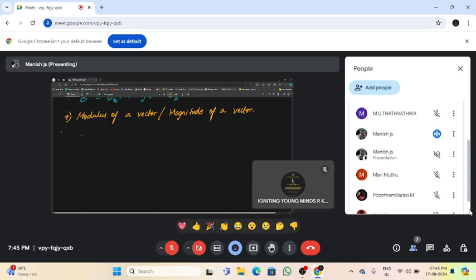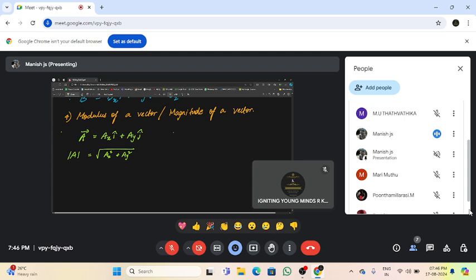Suppose the given vector is, say, I'm taking vector A itself. So if vector A is written as ax i plus ay j, then the modulus of the vector is written by putting two parallel lines and putting A in between. This is called mod A or modulus of A. Okay, and the formula to find out the modulus or magnitude of a given vector is under root of ax squared plus ay squared, and that's the formula to find out the modulus.